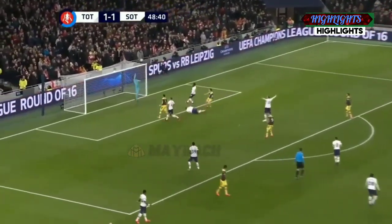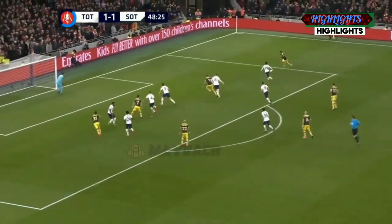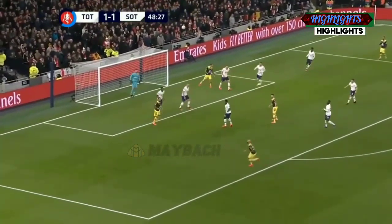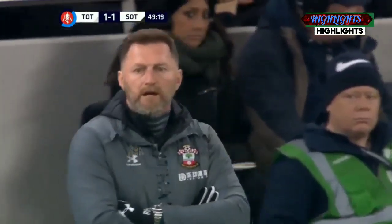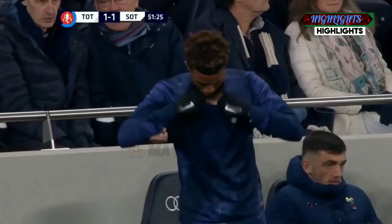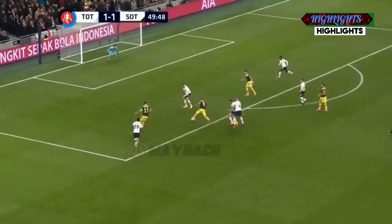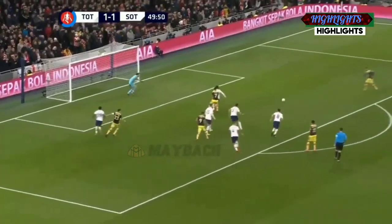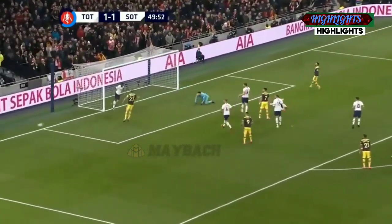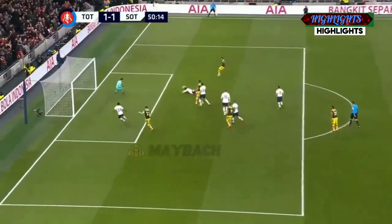Romeo turning it in. Højbjerg. Nicely away by Toby Alderweireld. Redmond comes again for the Saints. Romeo. Here's Ings trying to wriggle through, trying to place it. Comes out to Boufal. In the end, it was neither one thing or the other, but Southampton knocking on the